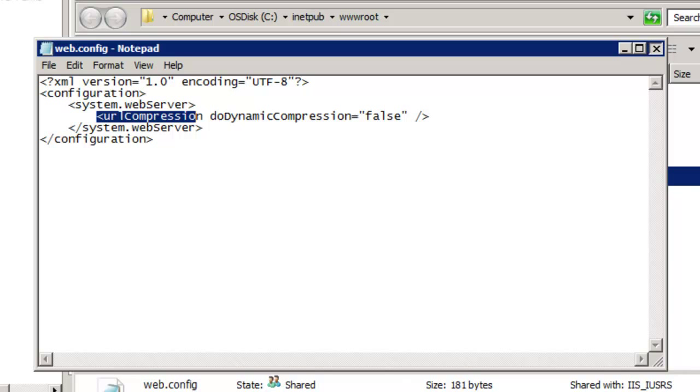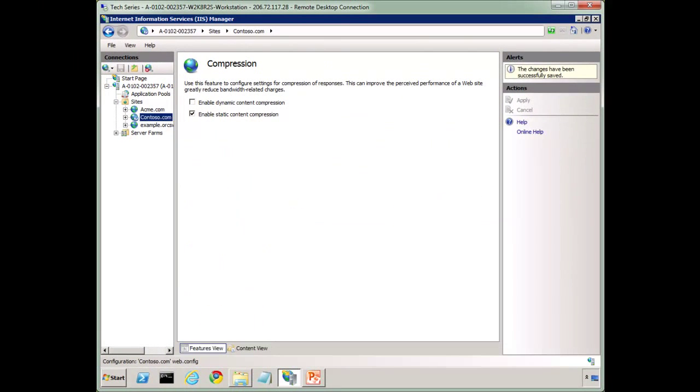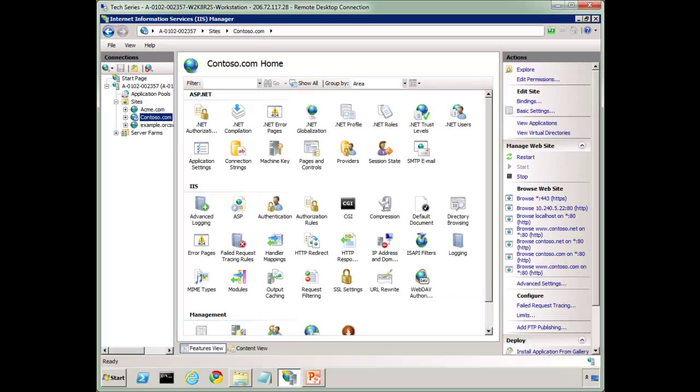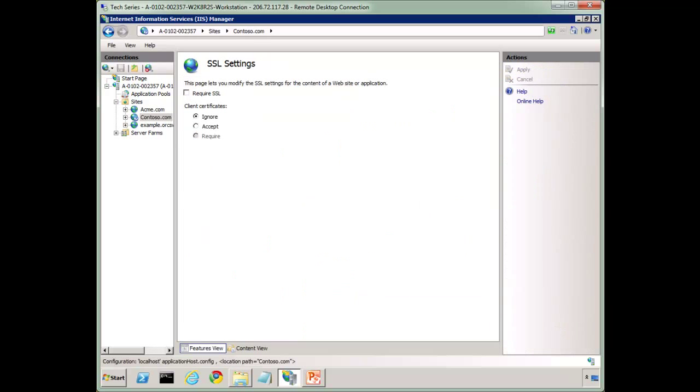Now let's enable both of those again, and let's go to a setting like SSL settings that is not delegated by default. And so I'm going to say require SSL, and notice this one says it's going to be saved to application host config wrapped in a location tag for contoso.com. So let me show you what this means. So I'm going to apply this,